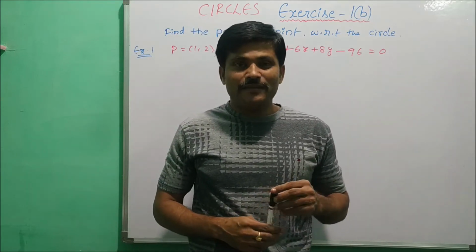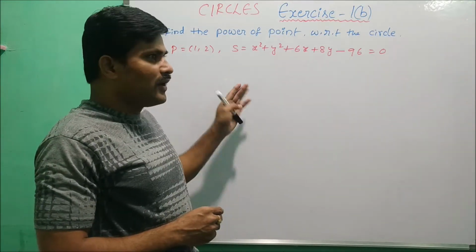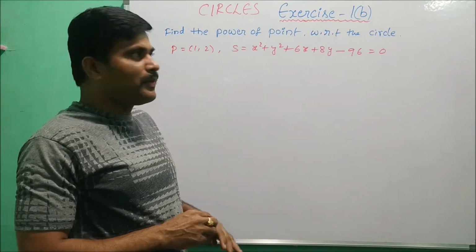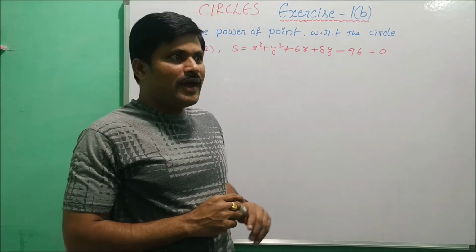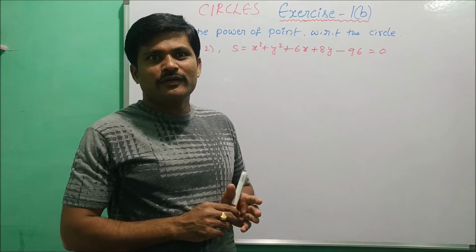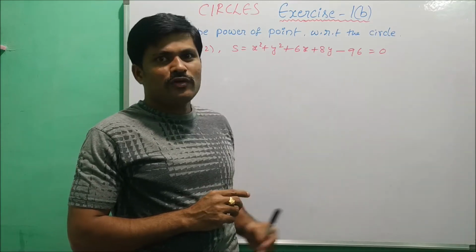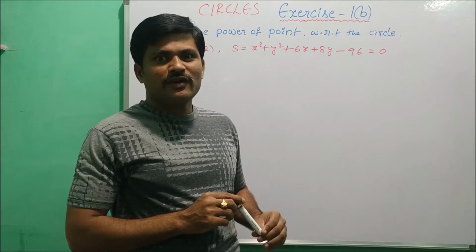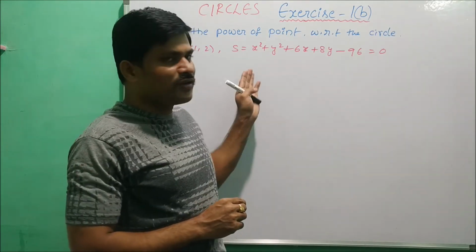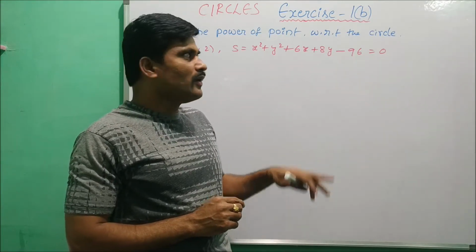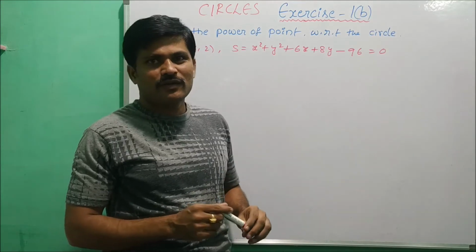Now, this time let us discuss the solutions of the problems. Here we have to discuss in the previous class power of the point and length of the tangents, and based on power of the point we have to prove two theorems and also find the formula for the length of the tangent. So here we have to discuss solutions of those problems with examples and in the exercise 1b.